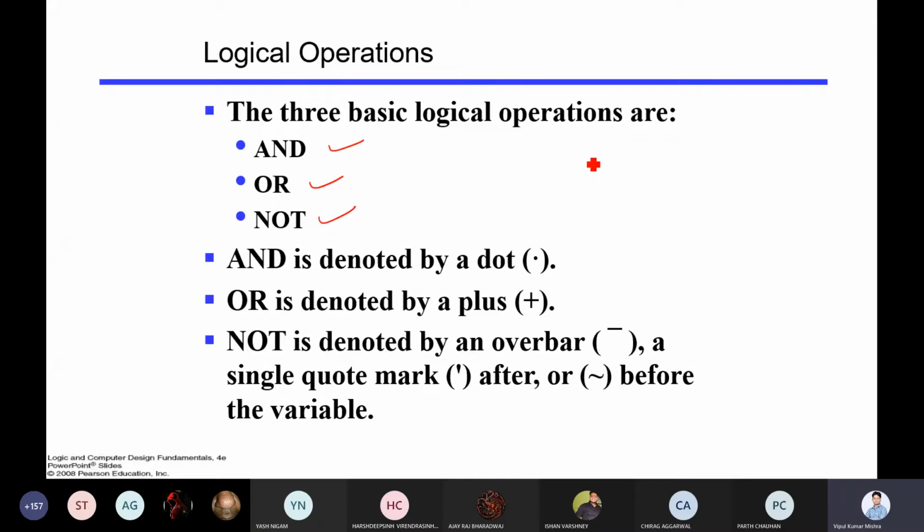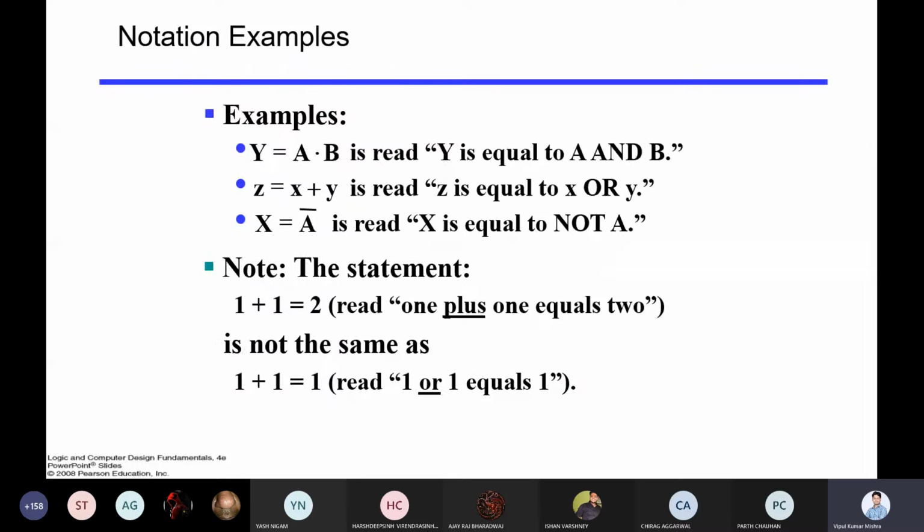So when you say AND gate, it is denoted by a dot, right? When you say OR gate, it is denoted by a plus. It is not summation, it is just plus. When you say NOT gate, it is represented by either a bar on top of it, or a mark on top of it, or this symbol. So all three symbols are used to represent the NOT gate, right? I think it is quite clear to everyone.